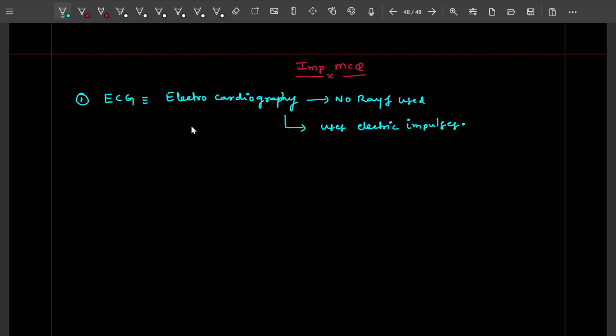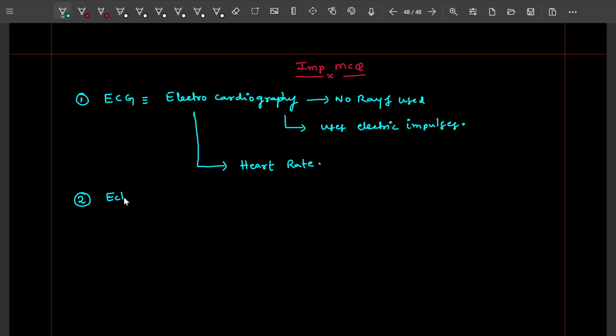This ECG, electrocardiography technique, is used to find the heart rate. Okay, that is the thing. Next, the second one is